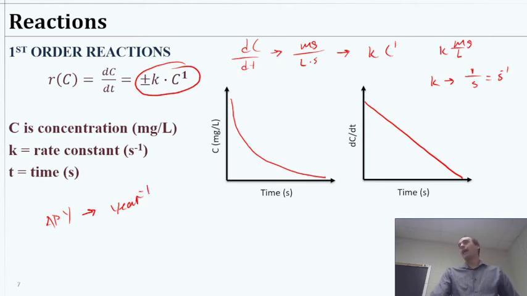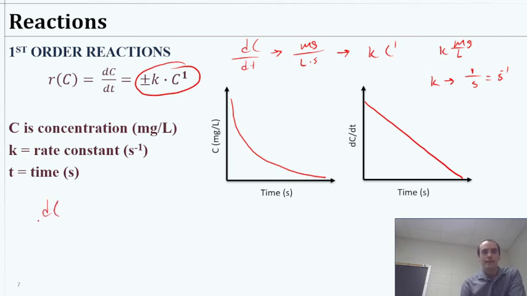Okay, so we have actually seen that all the time, and what that's saying is your interest is growing, or it's being paid, as a percentage of what's there every year. Okay, so in terms of a derivation here, and we'll probably come back to this in a few minutes inside the reactors themselves, dC/dt, in this case, let's say a decay reaction, is K times C to the 1 power. If we're going to integrate this,